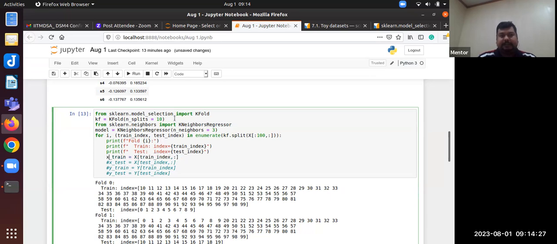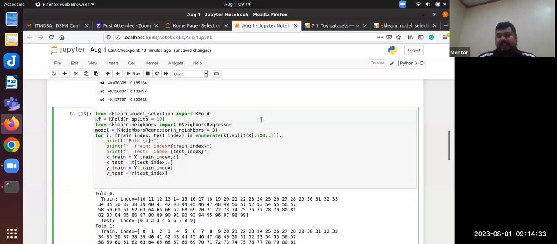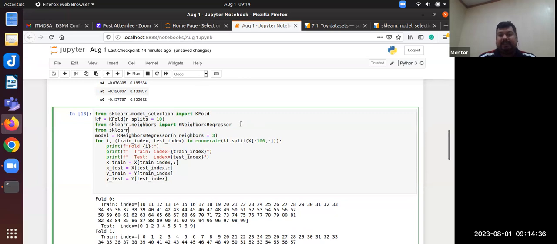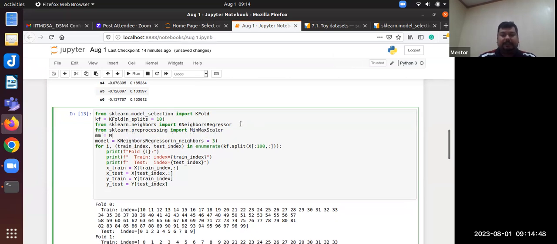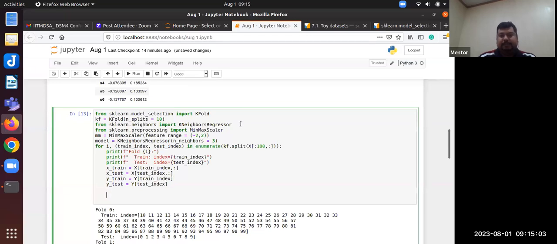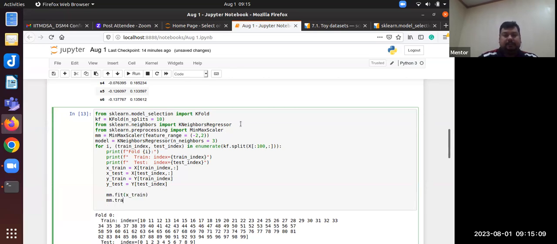So this is my training data, this is my test data, y-train and y-test. We have to normalize our data, right? So let's import MinMaxScaler, which is there in preprocessing. Any specific range that you want me to scale in? Or can I do it in any range? Any range is fine. Let's say -2 to 2. So apply this MinMaxScaler: first fit it to the training set, and then transform the training set